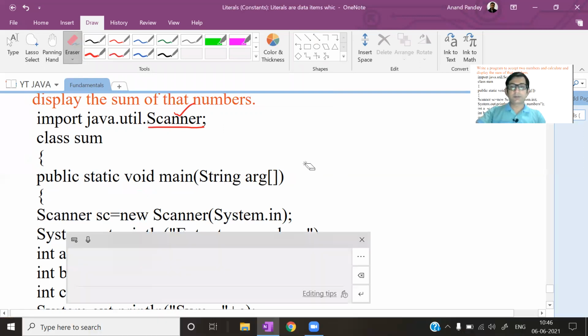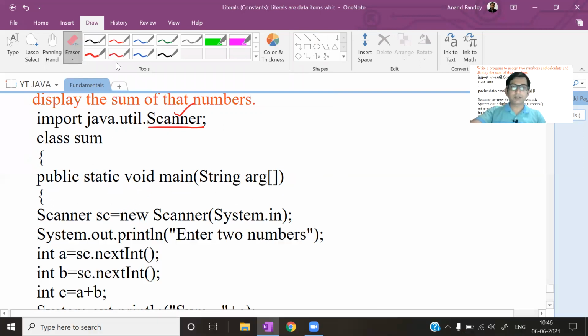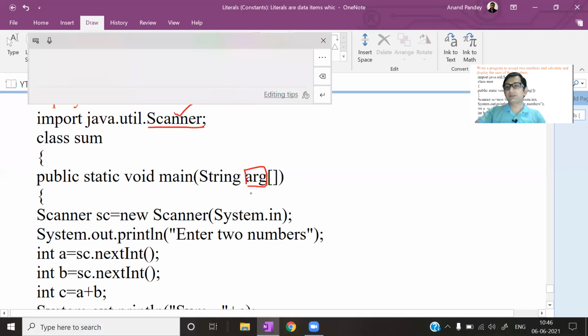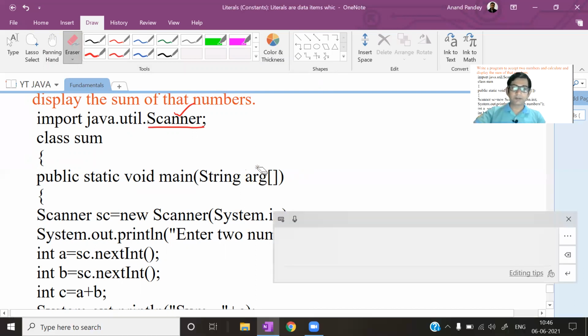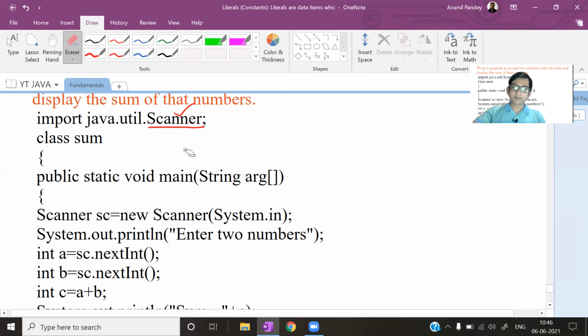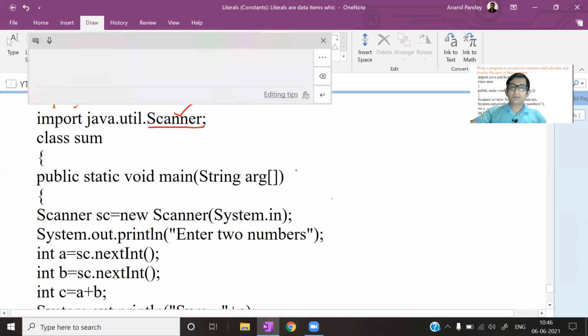So at this level, please learn this much only: main is a function and it is written exactly like this. No change you can do. Only the name of this you can change. You can make it arg, abcd, xyz, argument, whatever. Only this you can change, nothing else. Please see how I have written: only the letter S is in uppercase. Main is a function and its existence is compulsory in the program. And now this is the opening of the main function. It was the opening of the class and it is the opening of the main function.